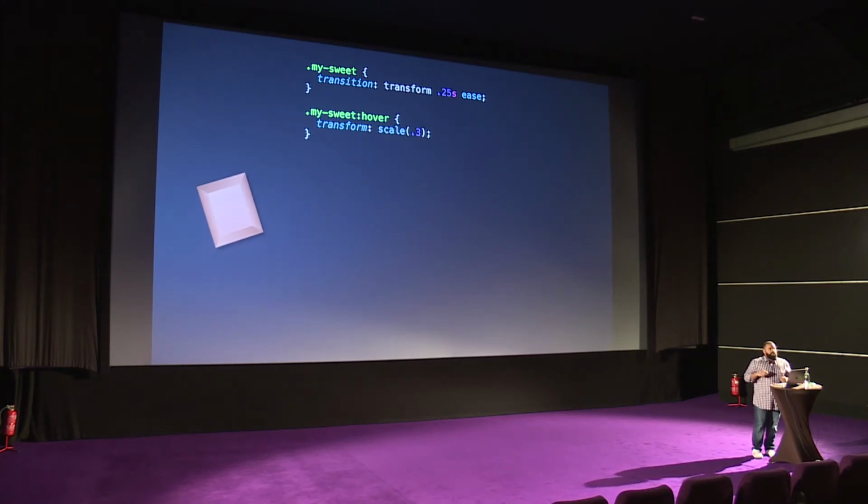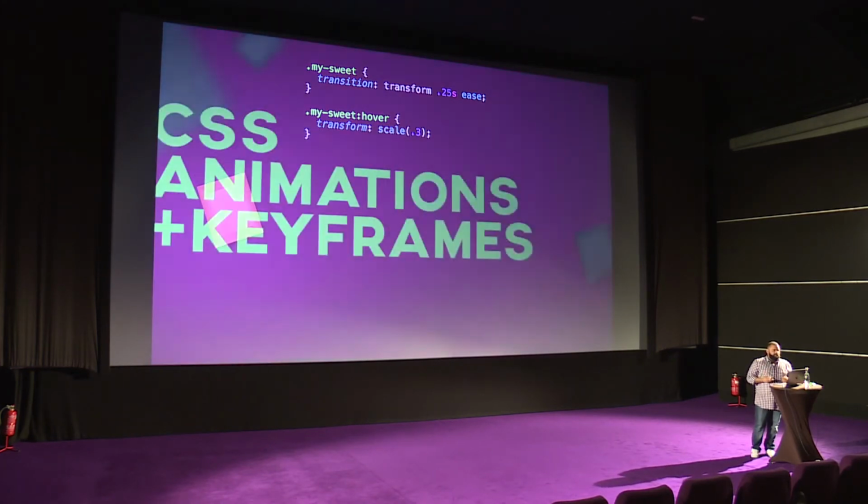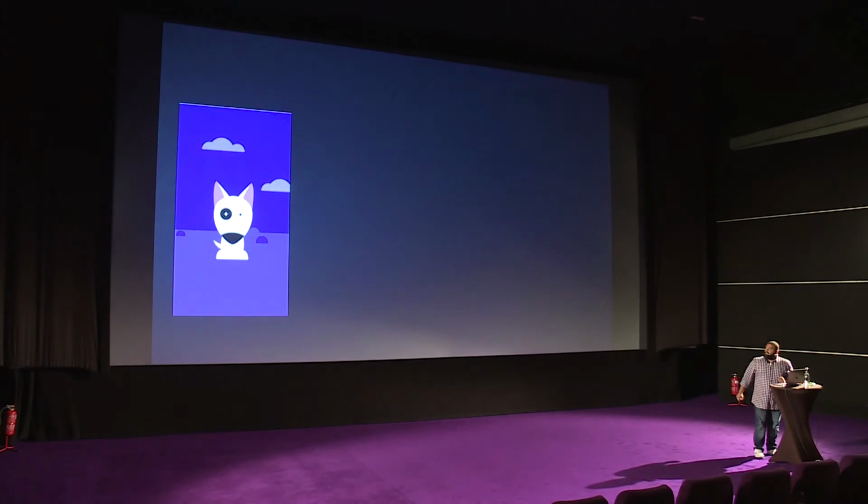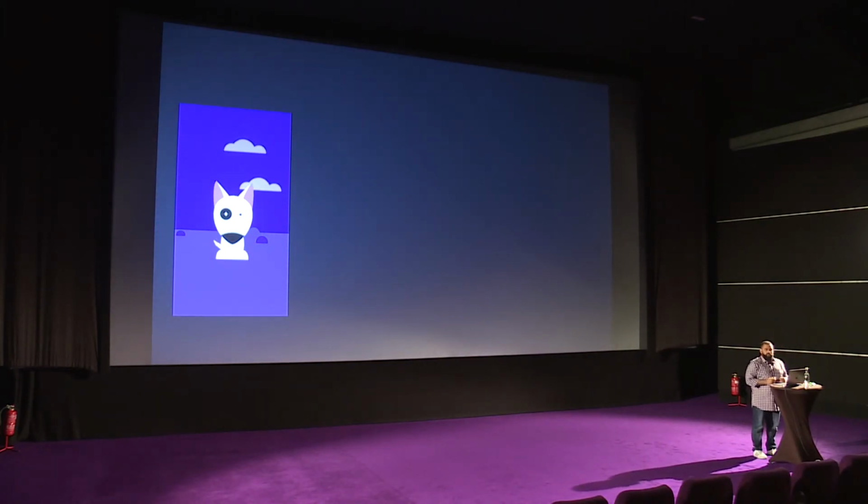Like this. And the other way that we could also create animations is using the CSS Animations API, more precisely the keyframes. I really like dogs, so I created this guy here. He's called Snoopy, and he tried to support me in this talk today. Basically, you see Snoopy is shaking his tail, and also the clouds are moving around. And so to create this animation